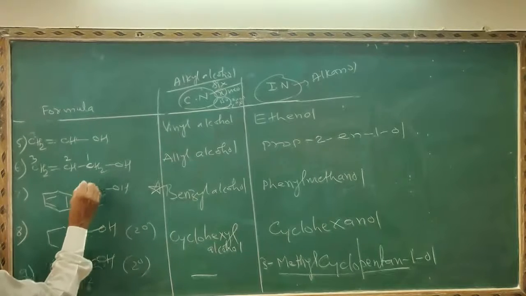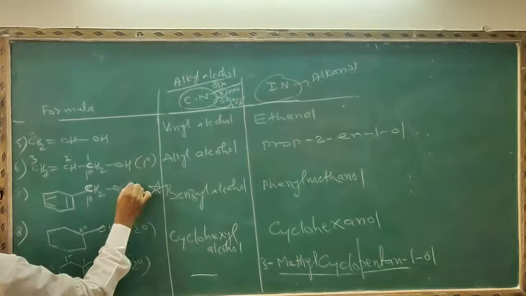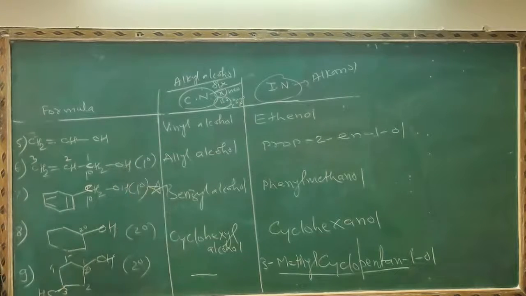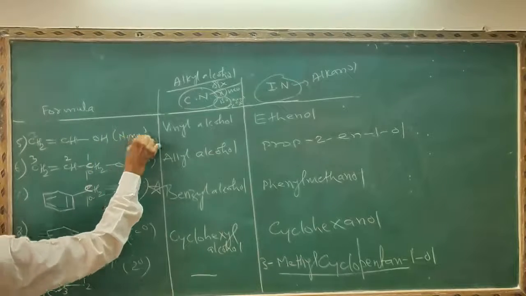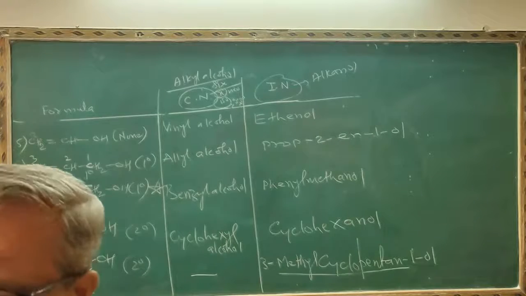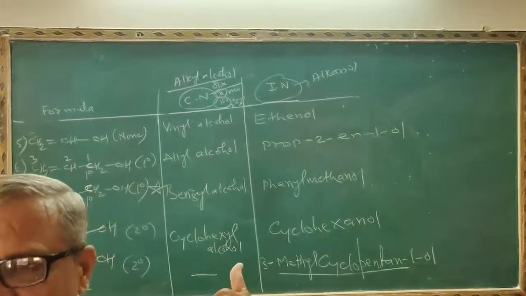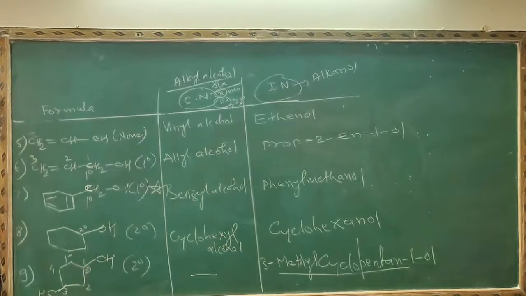See, this is the primary carbon atom. Therefore, this is the primary alcohol. This is also a primary alcohol. What is the type of this one? Primary, secondary, or tertiary? The correct answer is none. It is neither primary nor secondary. Actually, it is not an alcohol. You learn in tautomerism, it is acetaldehyde. The enol form will be converted immediately to the keto form. So these are the questions on the topic of classification.